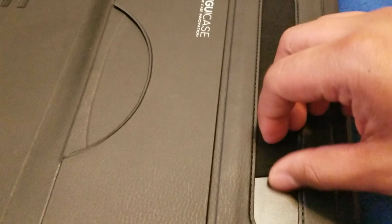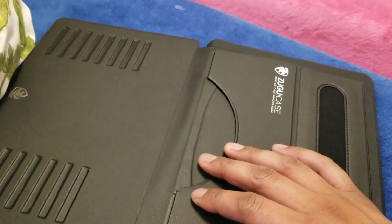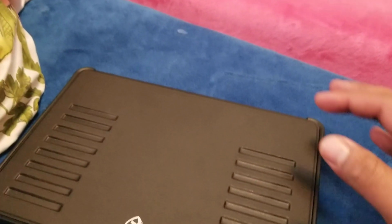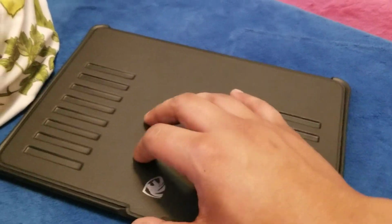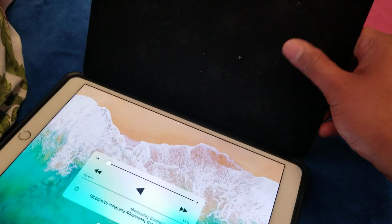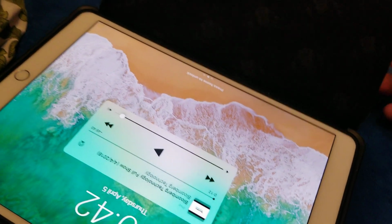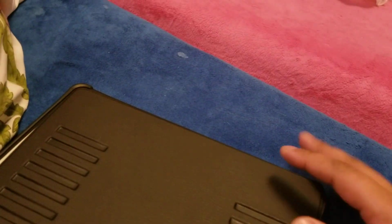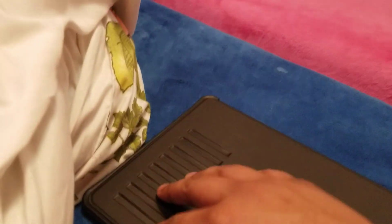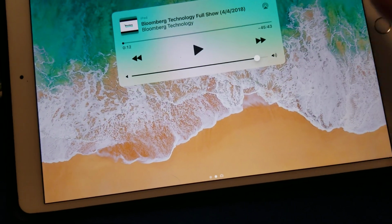And then you've got this thing for the Apple Pencil. One day I'll get that, but I don't know, I'm not a drawer. But the main thing that I like smart covers for is that it covers the screen to protect it, and it's made of the same kind of, well, it's kind of soft fabric here. But the only issue I'm thinking is that if I am playing PUBG or Vainglory or any game,